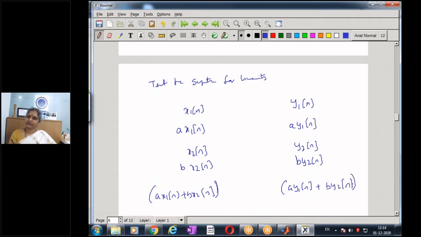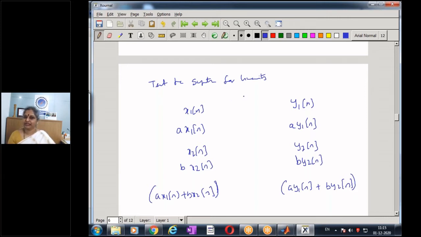And then how can I do this? I should have somewhere stored my values a times y1[n] and stored the values b times y2[n] and add them up and check it. Otherwise, I should have an identical model, a replica of the same model, I can simultaneously have two systems and then see whether I can perform the addition.